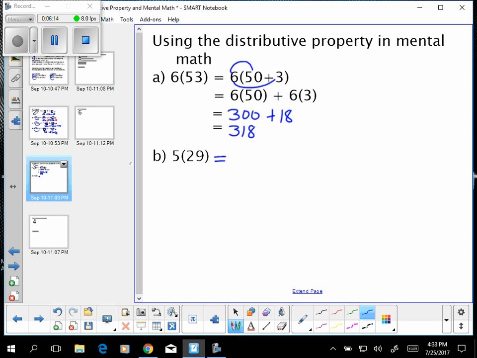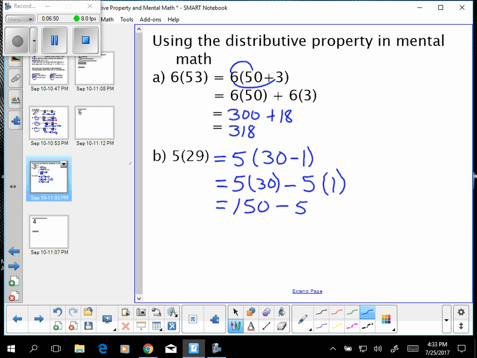29 is a lot bigger than 20, but it's really close to 30. So some people would actually want to do this using subtraction. That is an option for you of saying, you know what, I'm going to take that as 30 minus 1. I distribute 5 over the 30. Don't forget your subtraction sign. Then I'm going to distribute the 5 over the 1. That's 150 minus 5, which equals